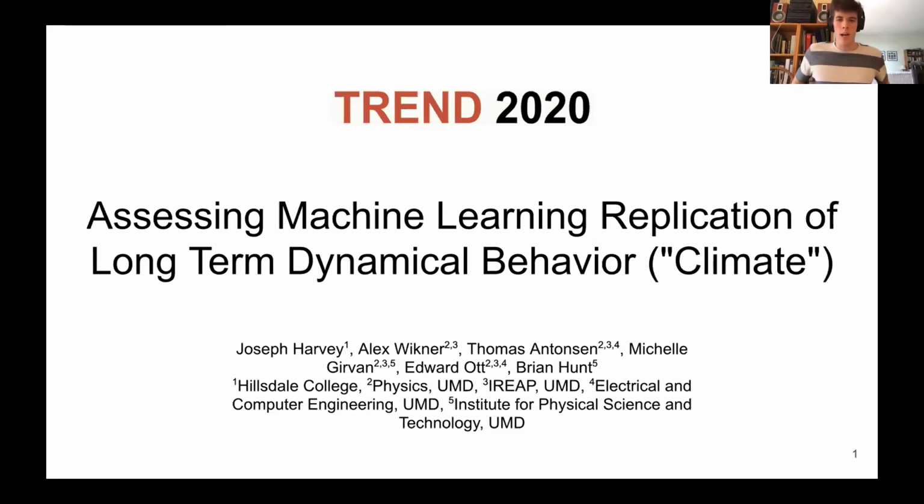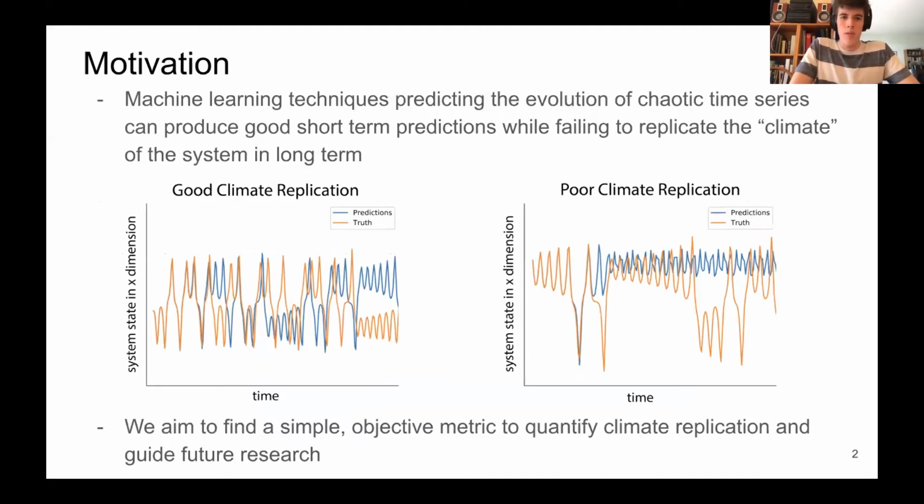All right, so my project is entitled Assessing Machine Learning Replication of Long-Term Dynamical Behavior, also known as climate. One use for machine learning algorithms is to predict a time series. So, modeling a system of differential equations, which you can't solve for exactly, and predicting a time series which follows those equations. There are a couple different ways that we can quantify the performance of a machine learning algorithm